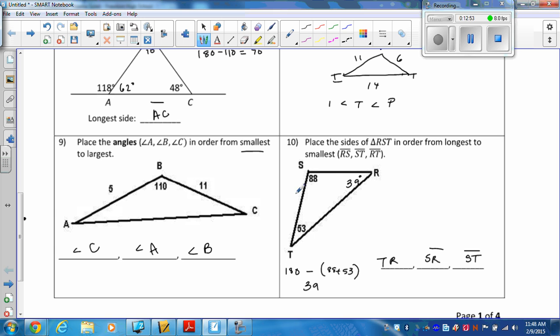Now, you could just look at this picture, but it's not really drawn to scale. So, as in all the triangles for this test, you need to make sure that you're able to see the angle measures. Okay, we're going to stop this section of the video, and the others will be